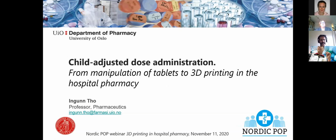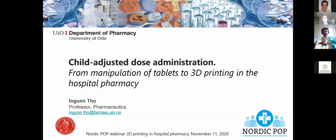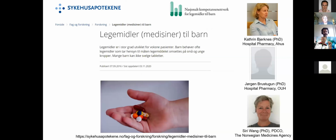So my talk will be giving you a little background and emphasize why it is needed to look for alternative preparation methods in the hospital pharmacy, such as 3D printing. We have had a long-term collaboration with the hospital pharmacy at the University Hospital in Oslo, where we have looked